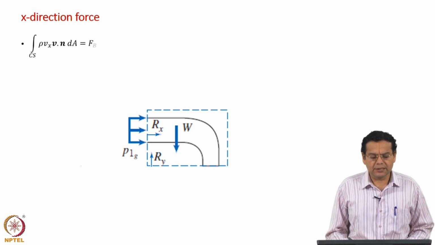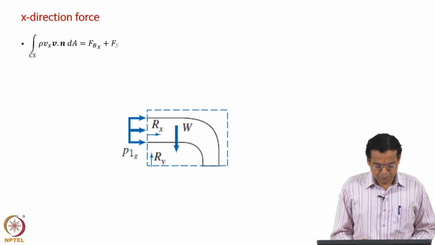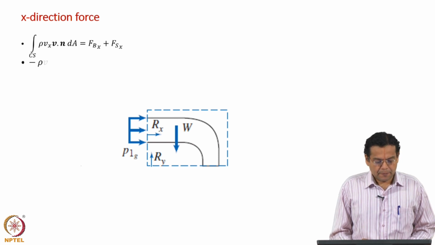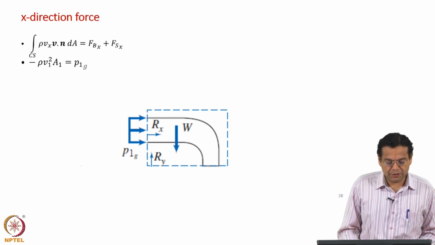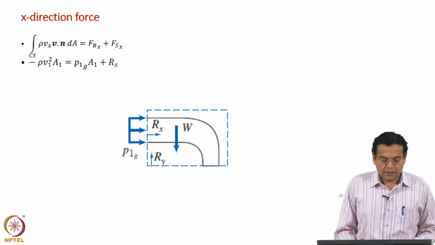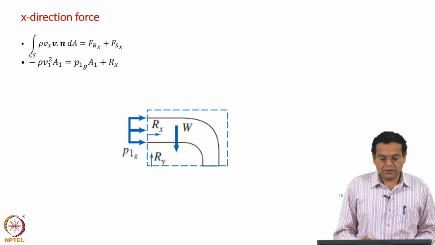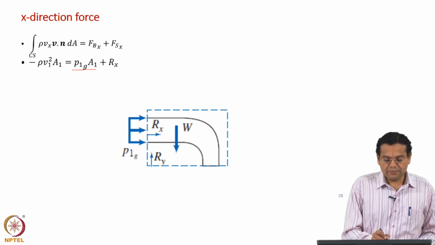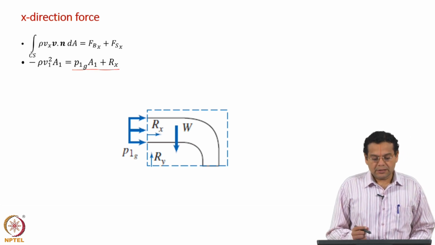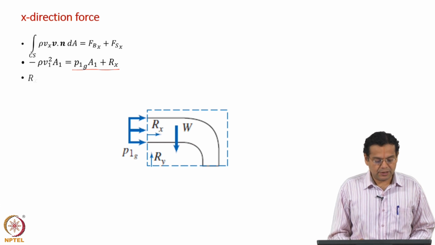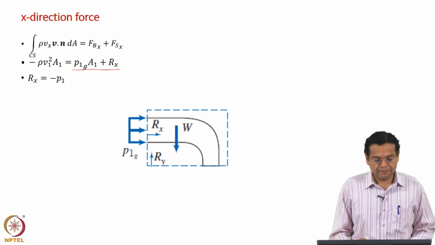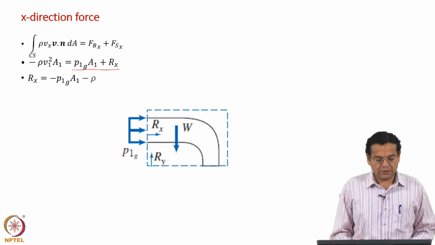So, let us substitute in the x direction momentum balance. The convective momentum term was minus rho v 1 squared a 1, there was no body force, and two contributions from surface forces, the gauge pressure and the reaction force. So, let us rewrite for the reaction force, the x component of the reaction force,